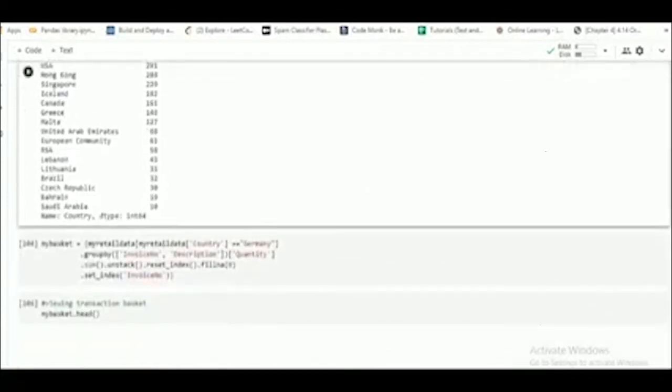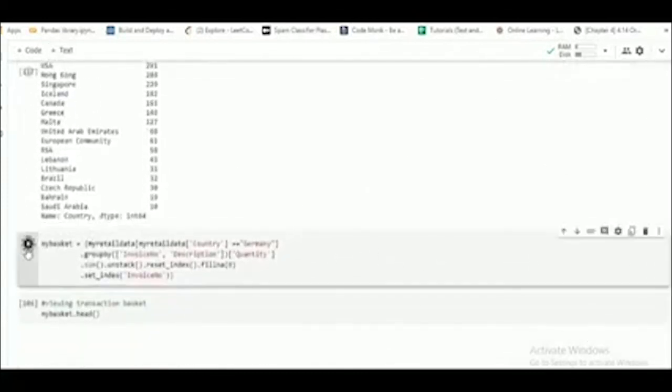There is also something else: here I have used group by invoice number and description. So retail data country is equal to Germany. I am considering only Germany, grouping by invoice number and description, and also taking the sum of quantity.